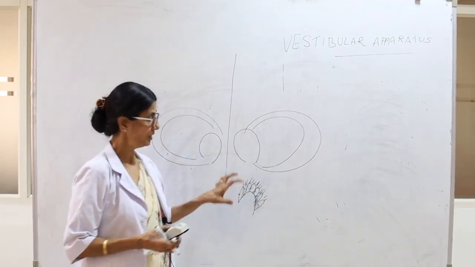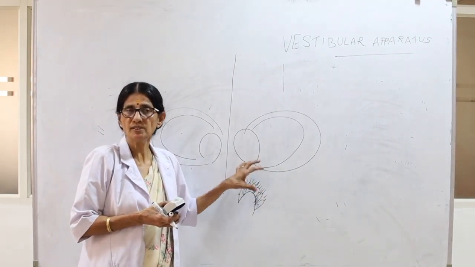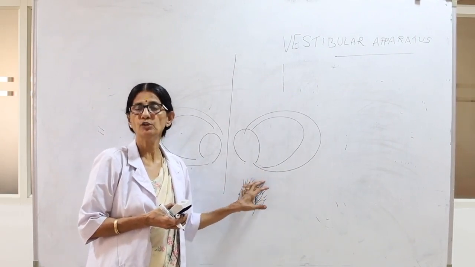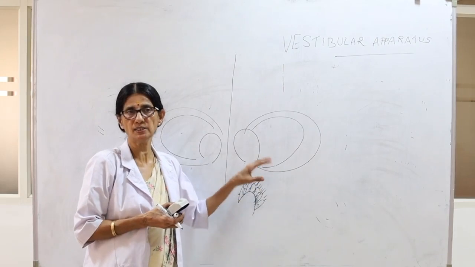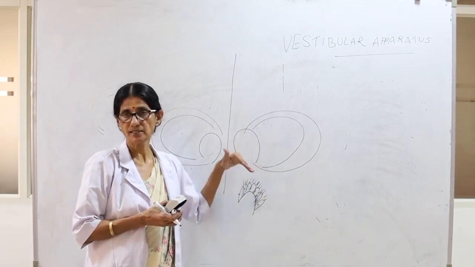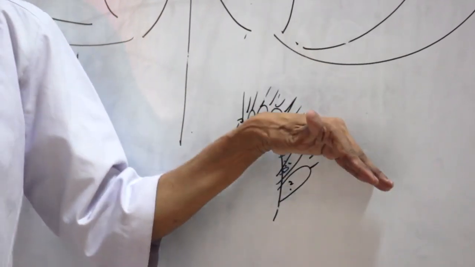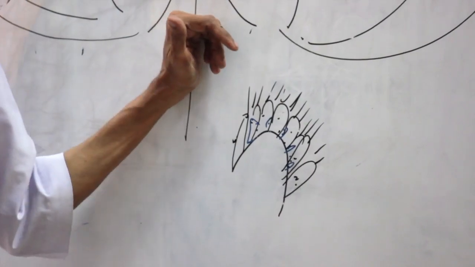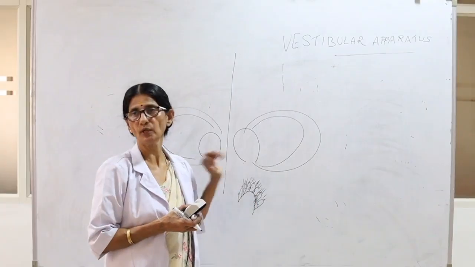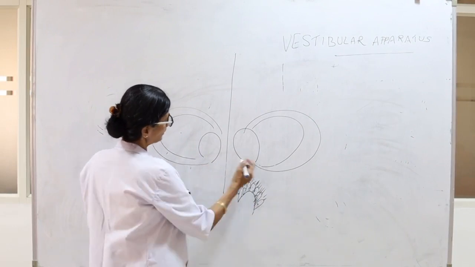So actually these epithelial cells which give rise to the sensory receptor are actually modified neuronal cells acting as a receptor. So they are epithelial ciliated cells, actually modified neuronal cells acting as receptor cells. And in between there are the supporting cells or the sustentacular cells also. So these are situated within the